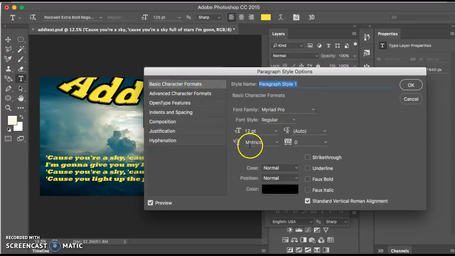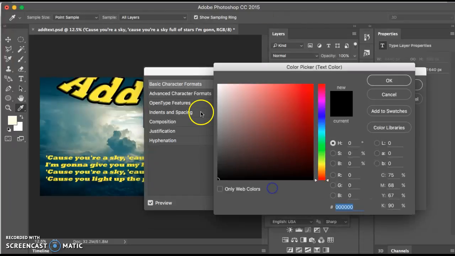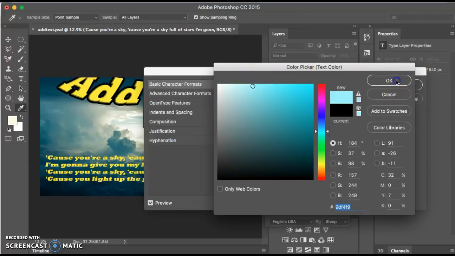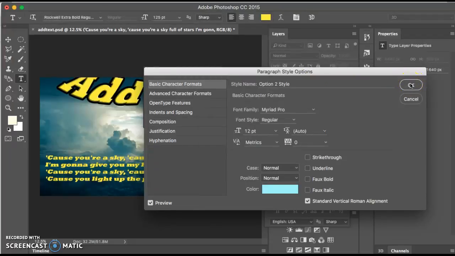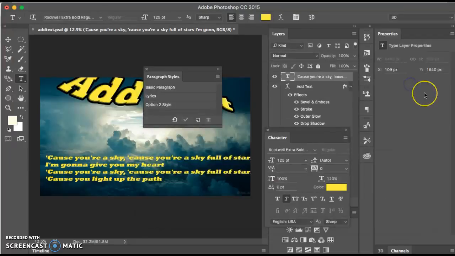We're going to create a different one and allow it to default. And I'm going to type in this next one, Option 2 style. And I'll make it a different color. Okay, and say OK. So to apply a paragraph style, select a character, line, or paragraph of text, and then click